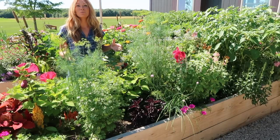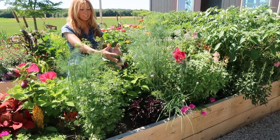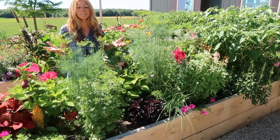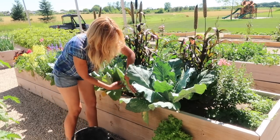As your plants get really big in the garden, it's really hard for weeds to grow in there. So in these raised beds, there aren't many weeds. Let's get to work. What I'm going to go through and do is just take off any bad leaves